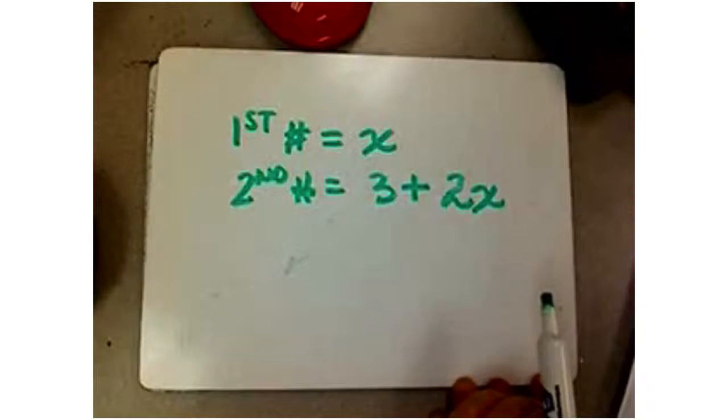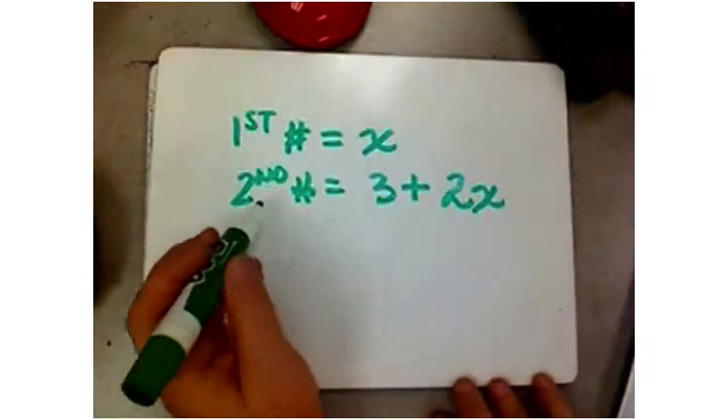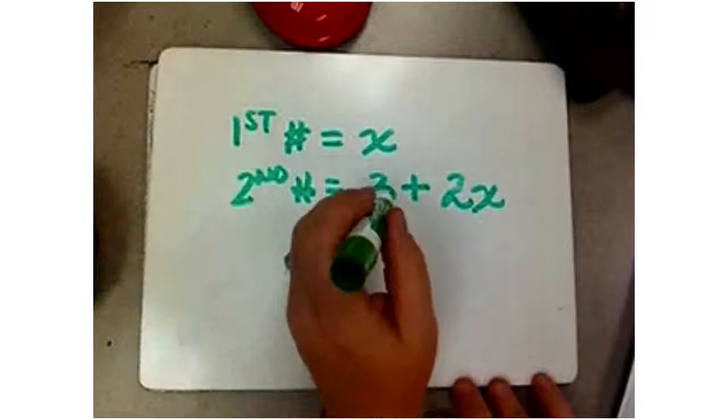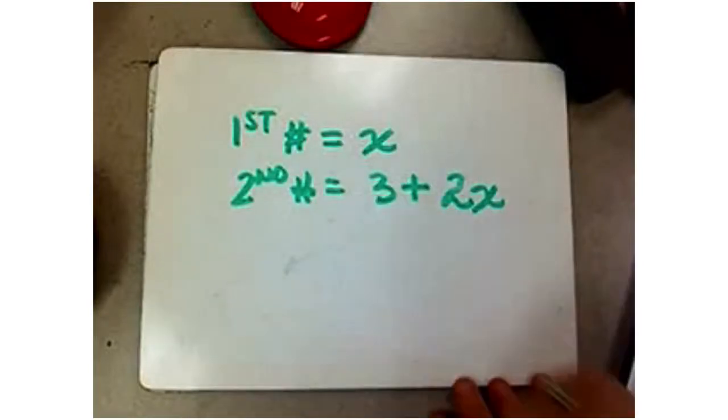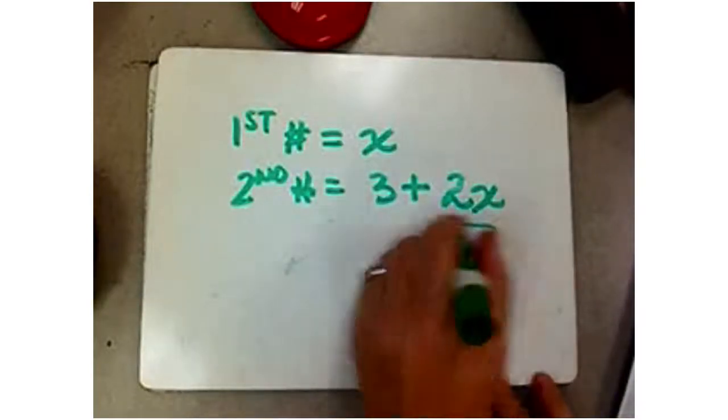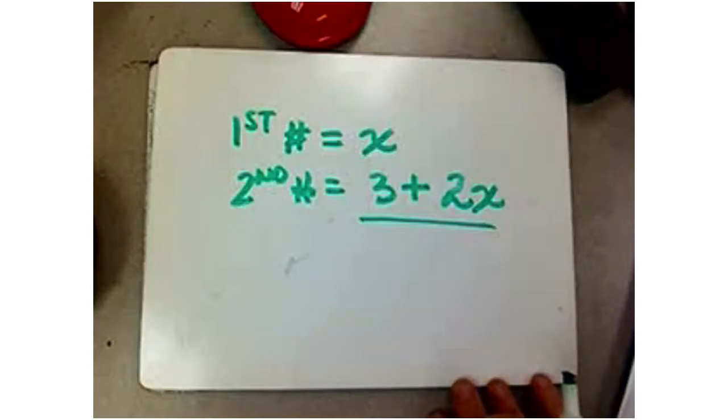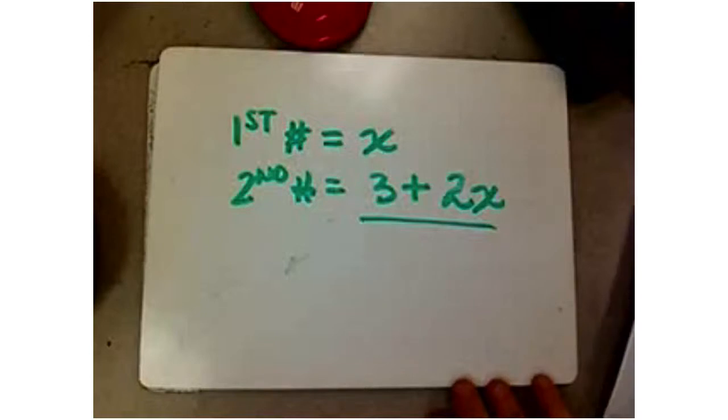Express the second number in terms of the first number. So we just did that. The second number is 3 more than 2x. 3 plus 2x is the second number. So we pulled out all the words that it was saying in the problem and put them in a mathematical expression. And finally, on page 176, it says that